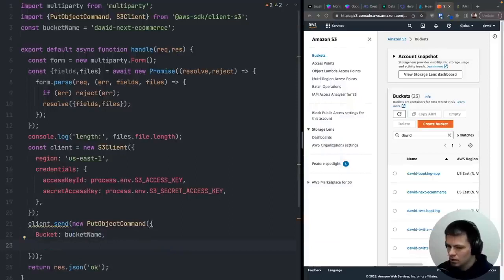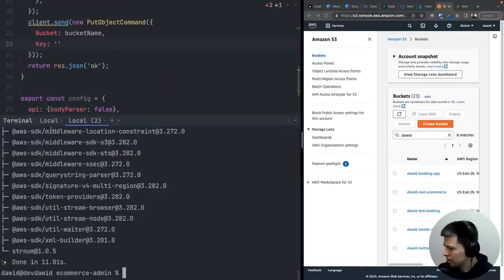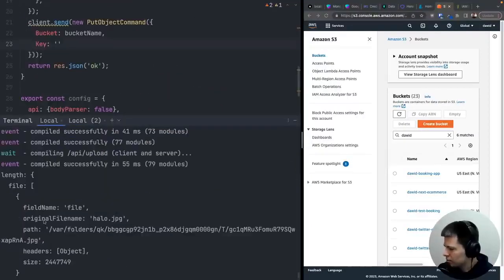Now we need a name of our file. So to put name, we use a key to this file. Right, so how we want our name to look like. We have our original name, hello.jpg, but we don't want to use original name. Why? Because if we upload two files with the same file name, then we'll have a problem. We want to have unique file names. So from the original file name, I'm going to pick only the extension, and this part I'm going to generate